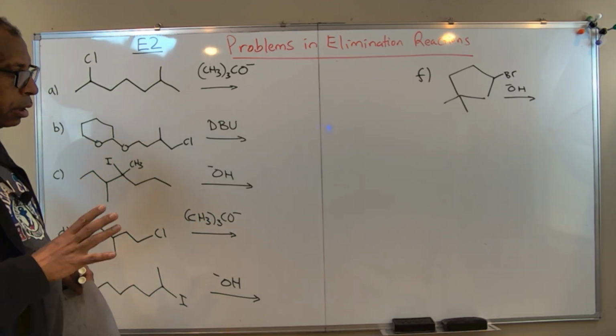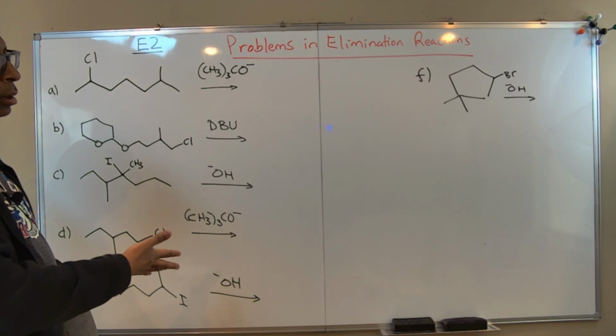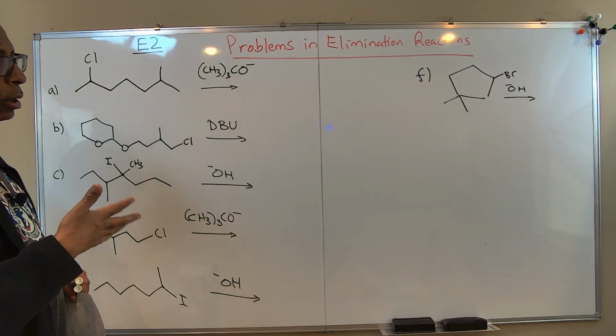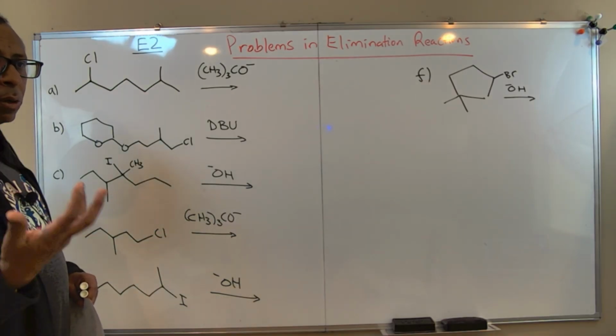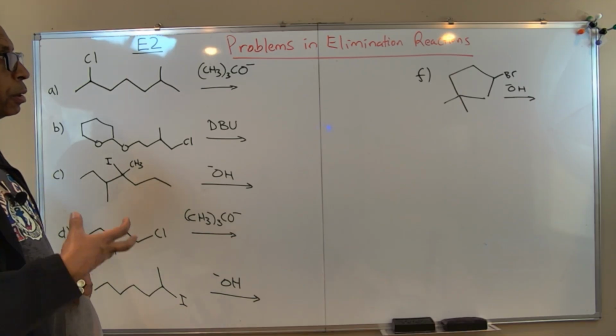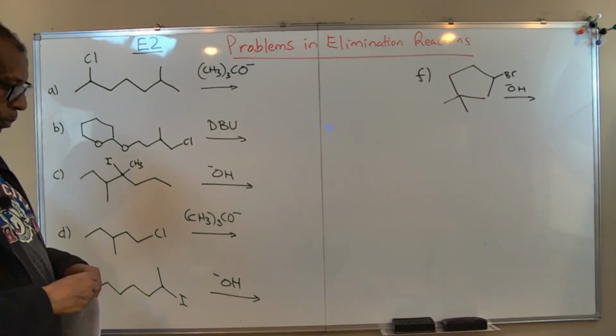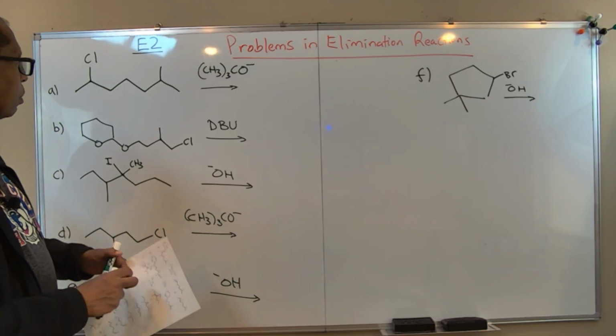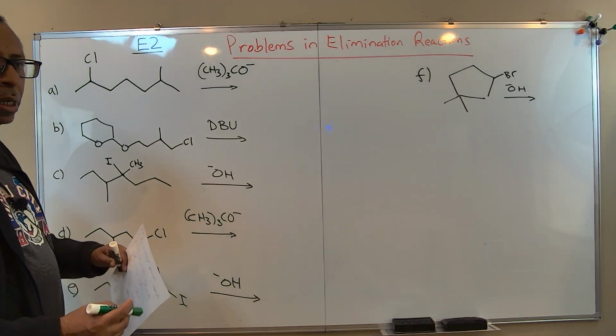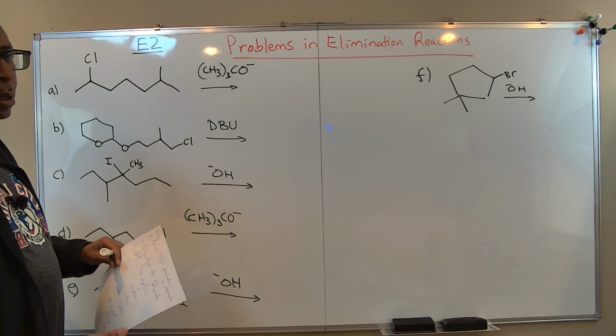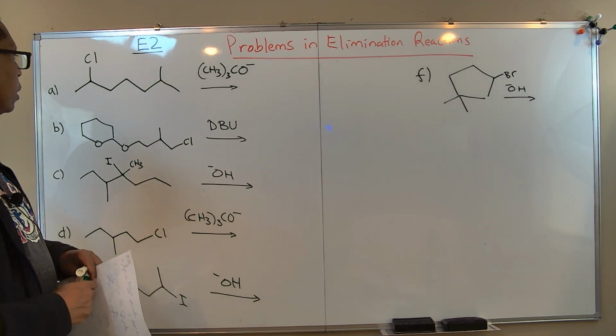So basically, in this set of questions, you are required to give the constitutional isomer alkene products that can be obtained. So let's start by first identifying the alpha carbon and the beta carbons, where